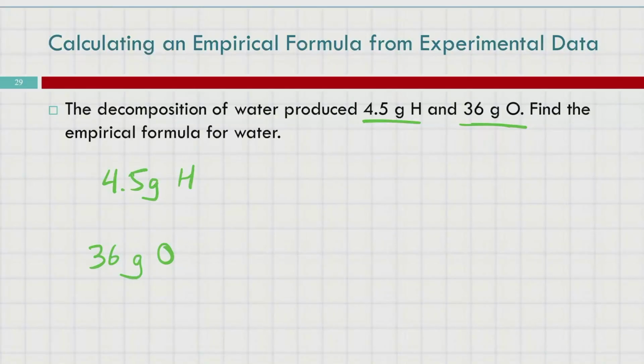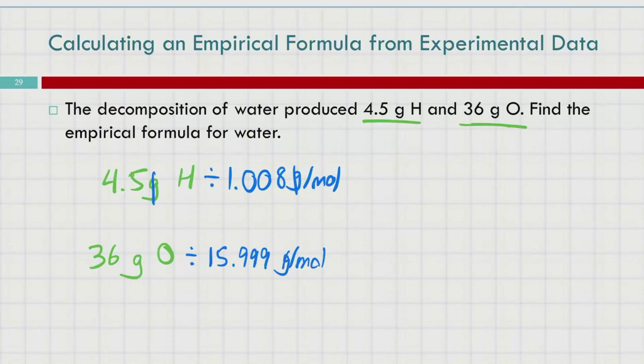So we're running kind of the same sequence of steps all at the same time. Grams tells us the mass, but we know that our atoms are different sizes. And so we want to get to something that we could count. So we're going to divide by our molar masses. If you don't like those line things, we could also do it like this, 1.008 grams per mole. So this will convert us to moles. For oxygen, 15.999 grams per mole. This also gets us to moles. So we do a little bit of math. We get 4.464,